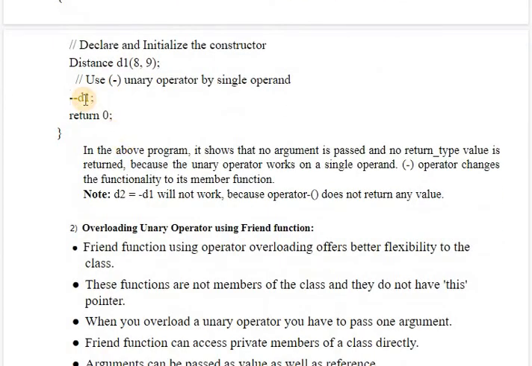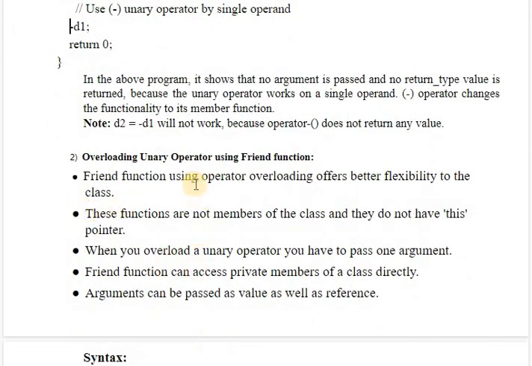So yes, next comes when we overload unary operators using friend function. Whatever features the friend function contain, they are applicable here in operator overloading also. That means that they are capable of accessing the private data of the members. The declaration is always written inside the class, and definition is defined outside the class. Wherever you declare the friend function, whether it is public or private section, it will not change its meaning. And